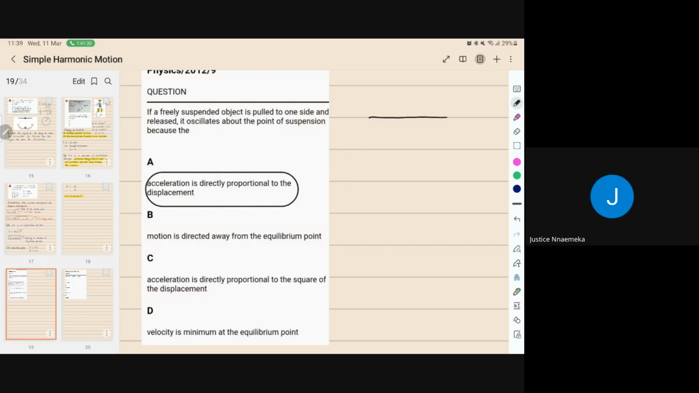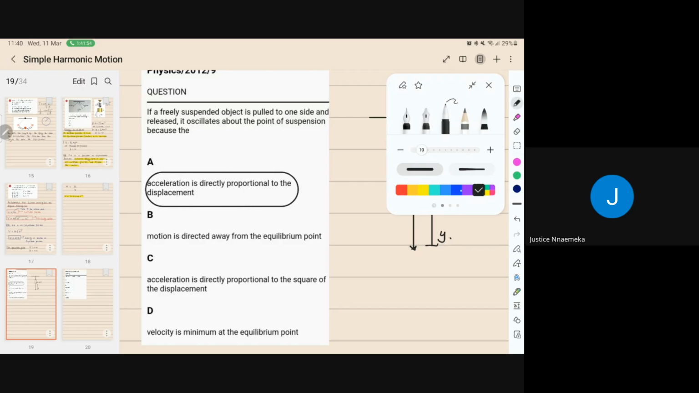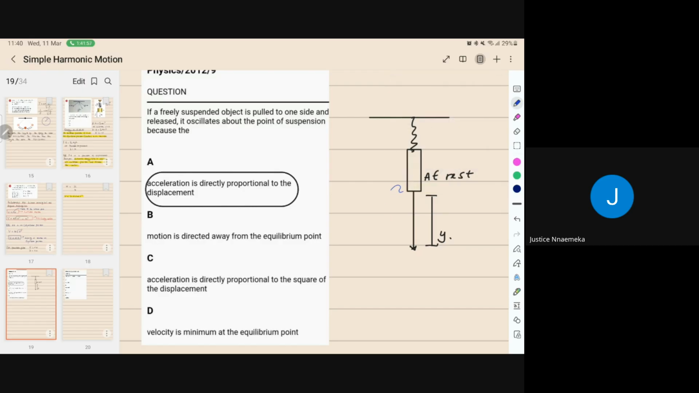So the more you pull the body, remember I told you something back then. Let's assume this is our spring, and the spring is carrying a body of this very weight. We'll pull it down to this point. Let's say that this is the equilibrium, at rest here, and then we displace it to a height. Let's say here is Y. Now, the acceleration, because of that pulling, will be acting the other way around, because when you pull downwards,